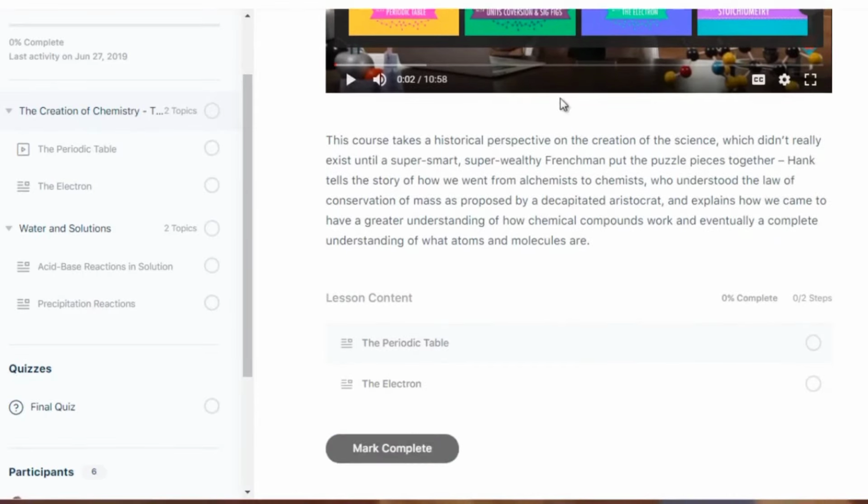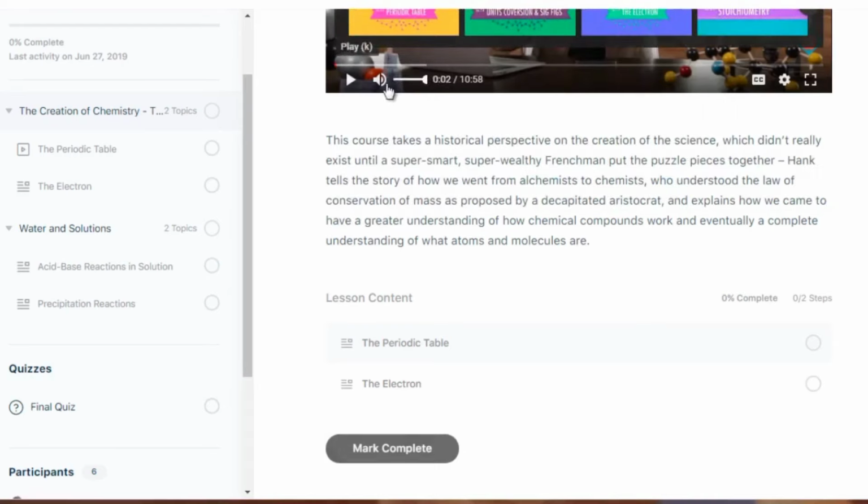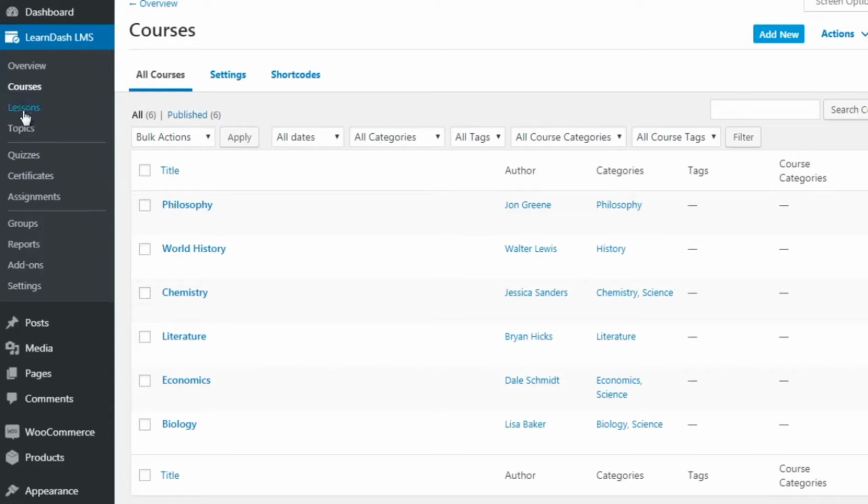Once you've watched the video, and you can upload your videos, like I said earlier, to Vimeo or any other video hosting site, it's really easy to create this. All you have to do is embed the video, add some text, and that's it. As you can imagine, when somebody's done, they click on Mark Complete. And what's nice about LearnDash is it pushes them to the next step. So courses, lessons, topics, and then we've got quizzes, which I'll discuss later down the road.